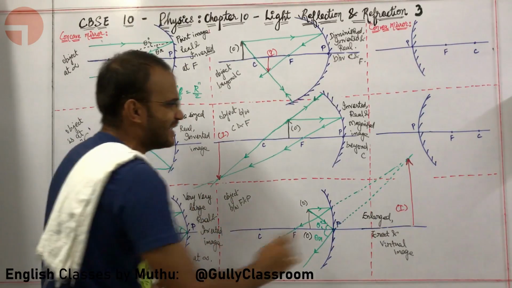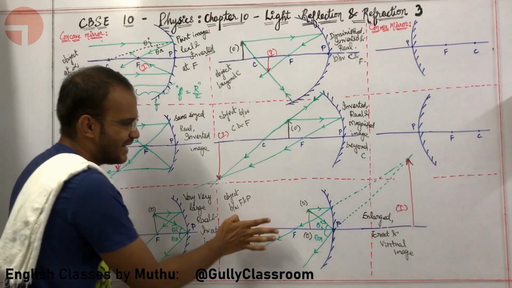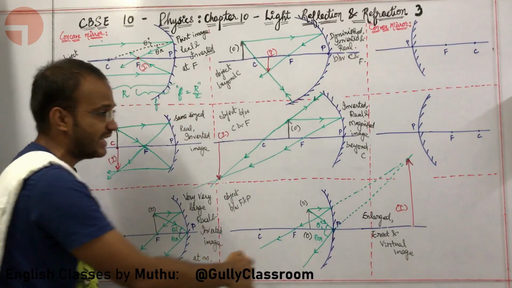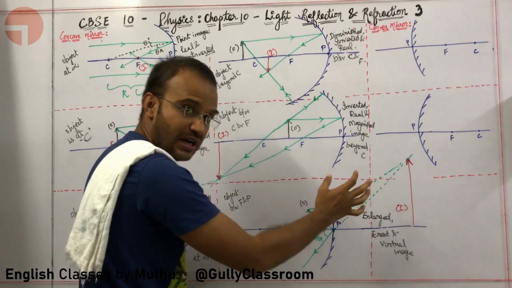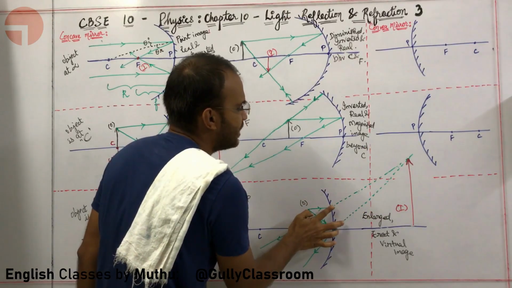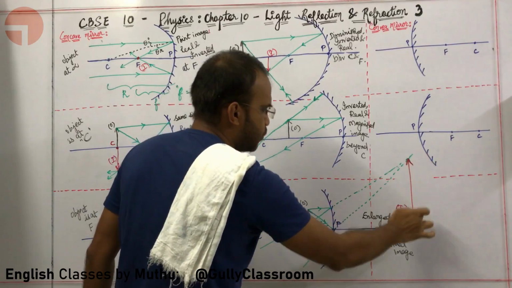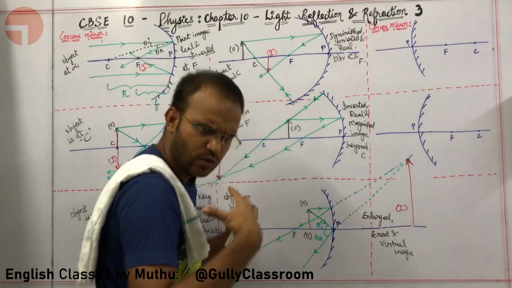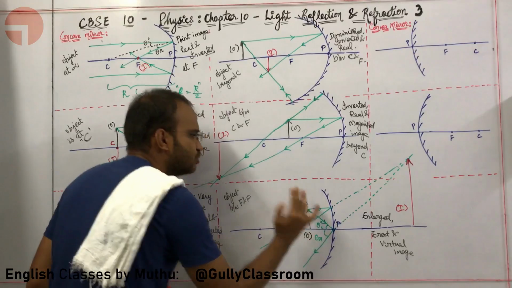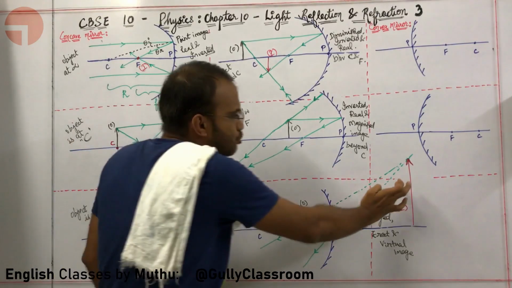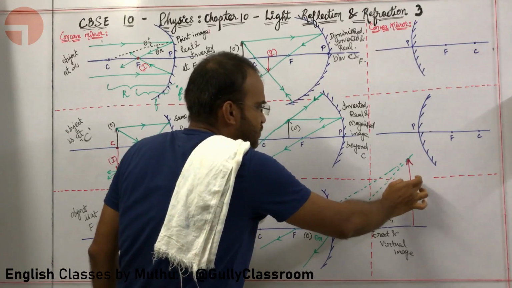Look here. Here there is no actual energy. The actual light rays are coming like this and simply getting reflected. You are simply putting dots to the lines that are diverging from the mirror, joining them and putting an image. This image is not actually formed, but if you look into the mirror, it will look like this image is being formed. There is no actual concentration of energy in this particular condition.